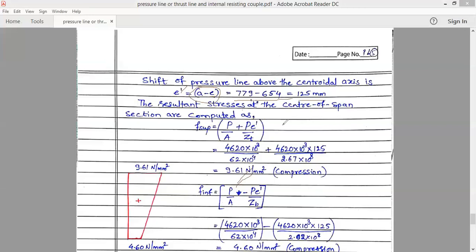So when I want to calculate the stress at the bottom fibers, let's say it is FB, or at the top fibers, FT. Let's consider FT now, for the top fibers. So I will write here FT for the top fibers, with respect to the direct method, the strength method, the first method which we have already studied. In the first method, what we do here is P by A. It is always positive compressive stress. And then P E by ZT for the top fibers.